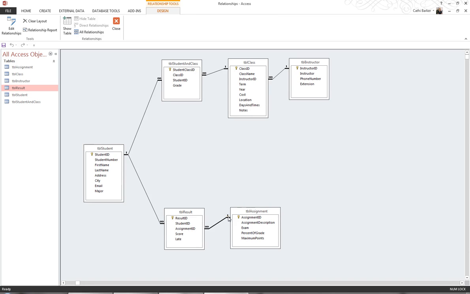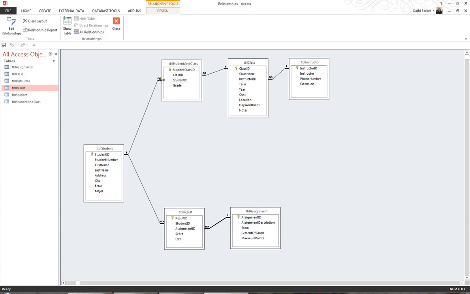Perhaps they did the assignment the first time, and then they got the opportunity to reset the assignment, so that assignment has been done twice, and so it can have two different results. So enforced referential integrity is very important. Let's take the case of student and class. Basically what it says is, when I'm filling out the child table and I'm entering a record, and I say it's this particular class and this particular student, when I enter the student in the foreign key, what it'll do